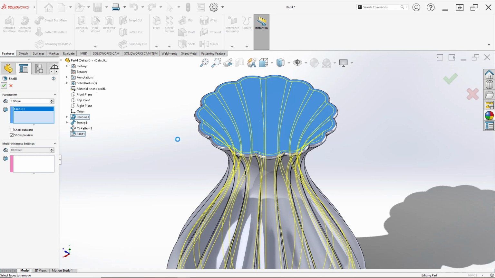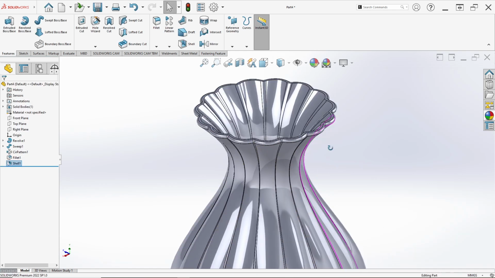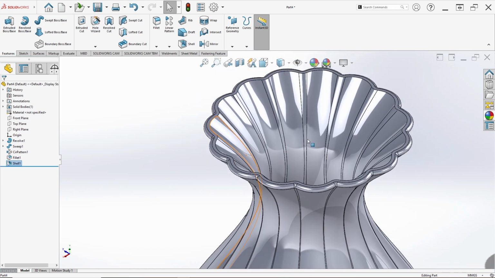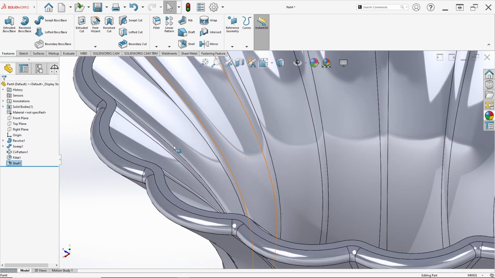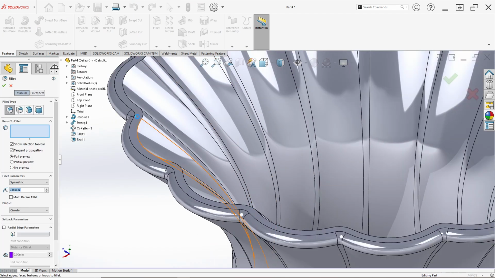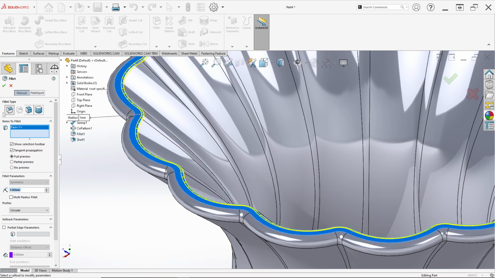Then just click OK, and simple like this. And for the top, we set a fillet again on this edge, for example 1 millimeter. Click this face, just click OK.